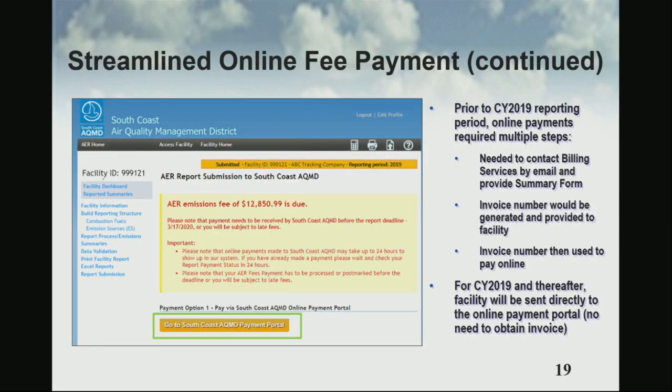So, the Streamline online fee payment. This is a screenshot of what you'll see with the payment options. That icon there is what will take you straight to the portal. Again, you won't need to obtain an invoice. It's already going to be generated for you.